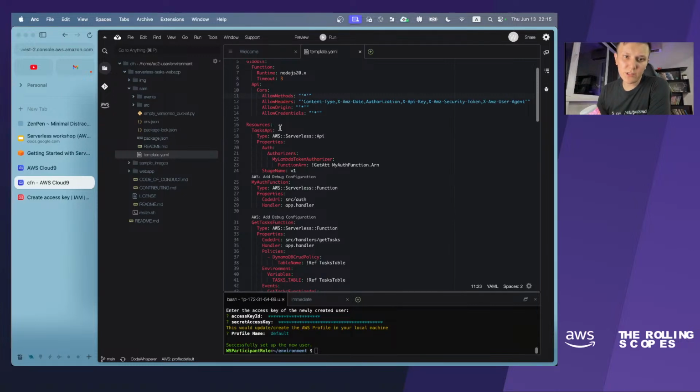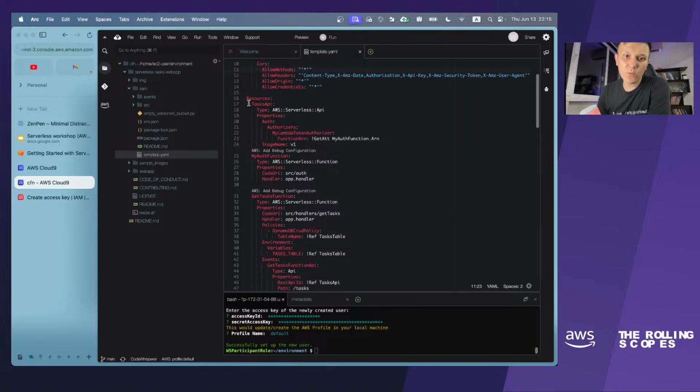It's called resources, and here we are defining all the resources which will be created, which are required for our infrastructure. So we have Tasks API, which has type of AWS Serverless API, and this API means API Gateway.